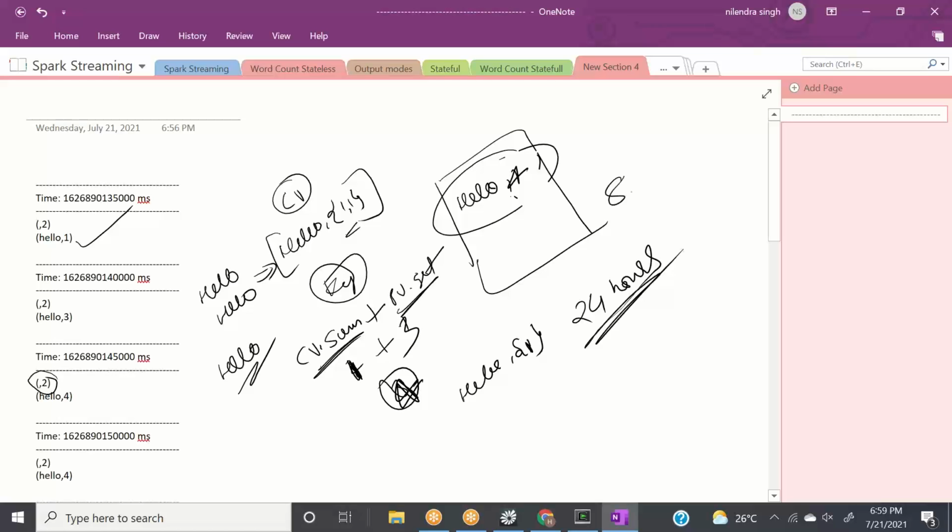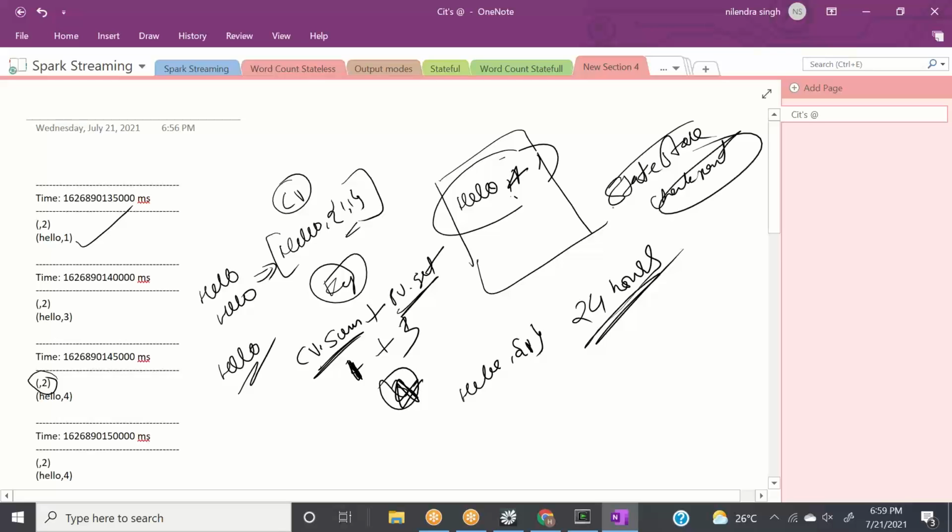Then our state store, or our checkpoint directory, will be full. It is not an efficient way to do the checkpointing, and I think nobody does it like this. So they will either maintain this session-wise information, or they will maintain the window-wise information.